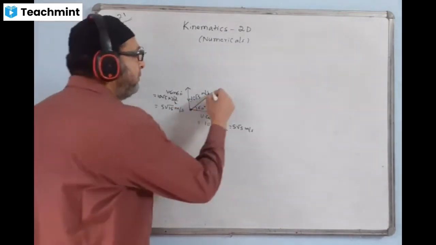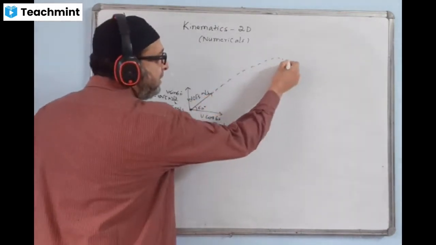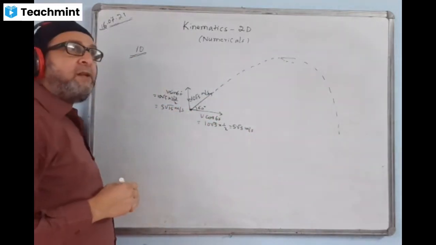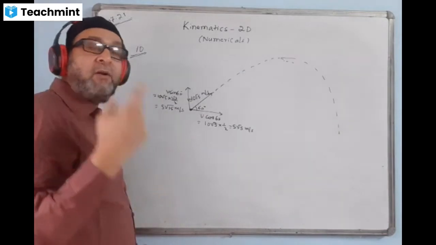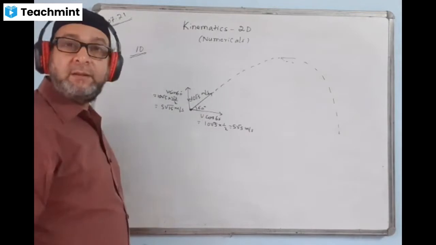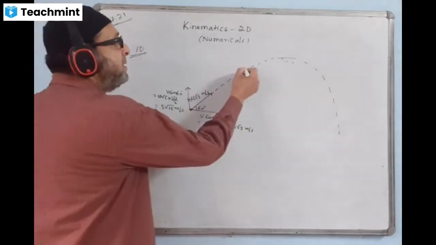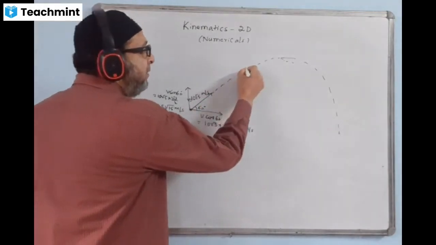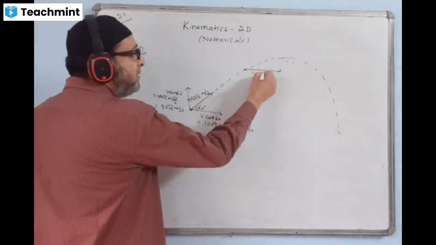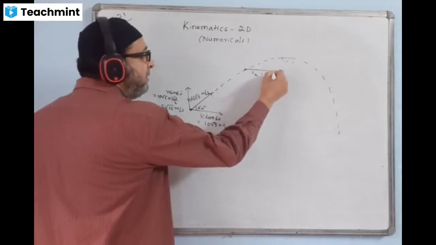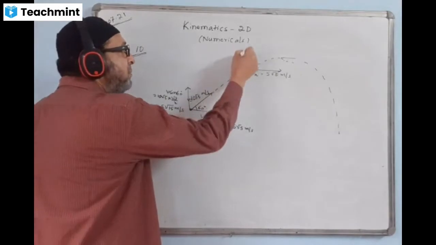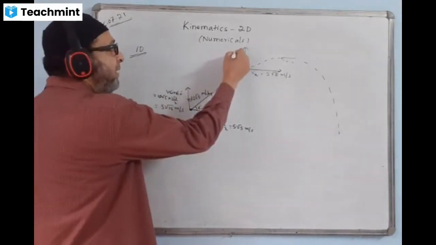Now the particle will be rising up like this and will be falling on the ground. You have to find the velocity when it is reaching the height of 10 meters. Question doesn't say that the 10 meters is the maximum height. It could be anywhere. Suppose the height is here. We know horizontal velocity never changes. Vx value is 5 root 5, which will remain the same. Vertical velocity will change. Vy, a new value out here.